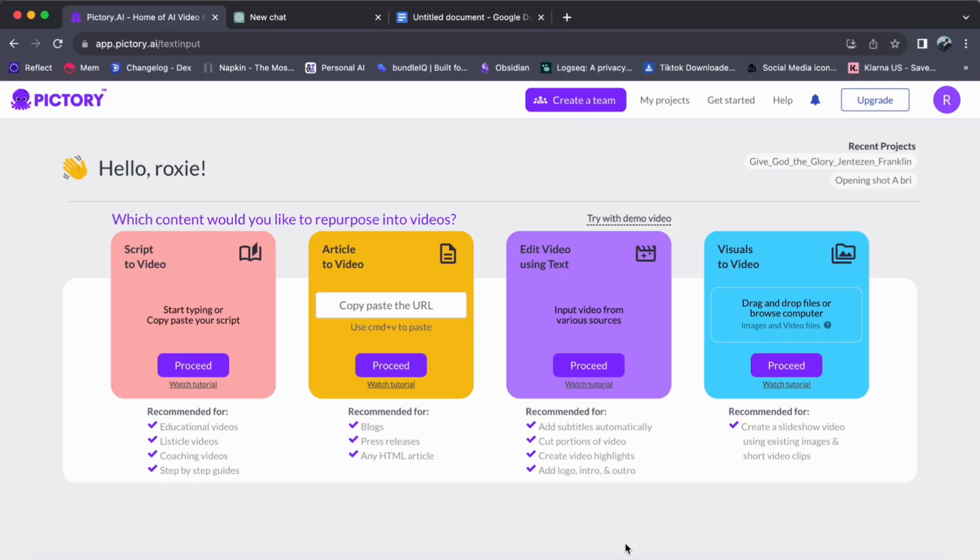Today, I'll be going over how to create videos from visuals to video in Pictory. So let's get started. To discover the magic of turning visuals into captivating videos using Pictory's visual to video feature,